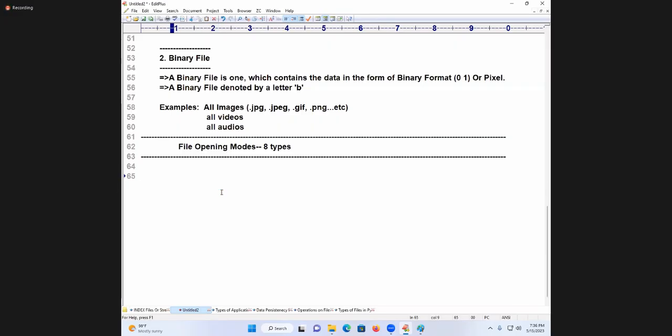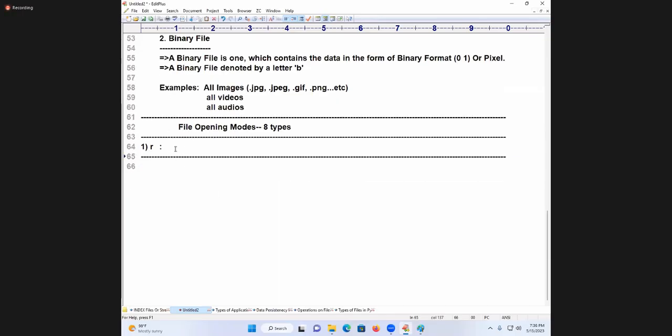Okay, leave it. How many modes are there? All of you tell me. R, W, A, R plus, W plus, A plus, X, X plus. Good. Now I am entering into what first? R. First one I am explaining about R. Take care. Today I will tell only 3 modes, because if I say all modes today, you will disturb your mode of understanding. First 3 modes today, tomorrow, rest of the modes.